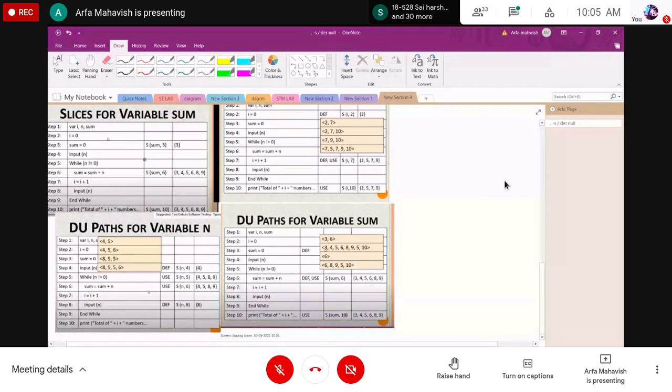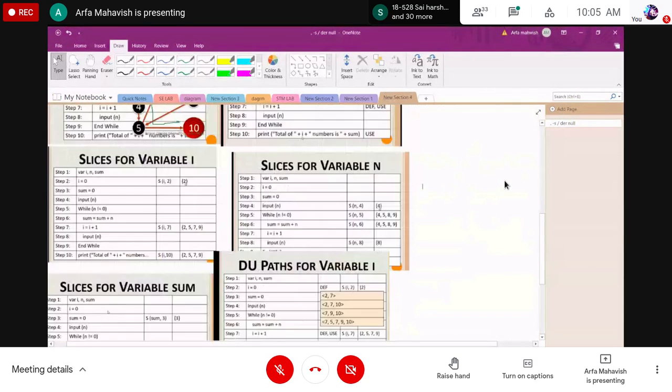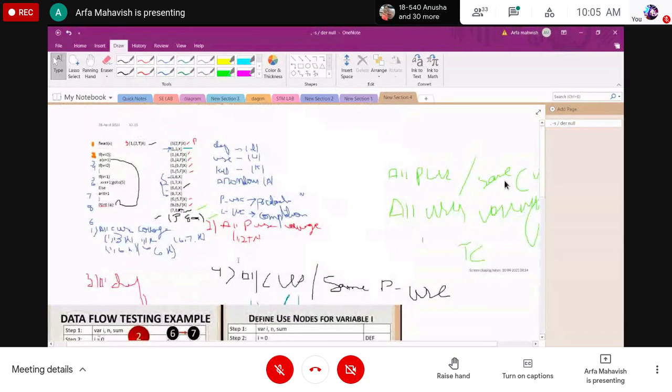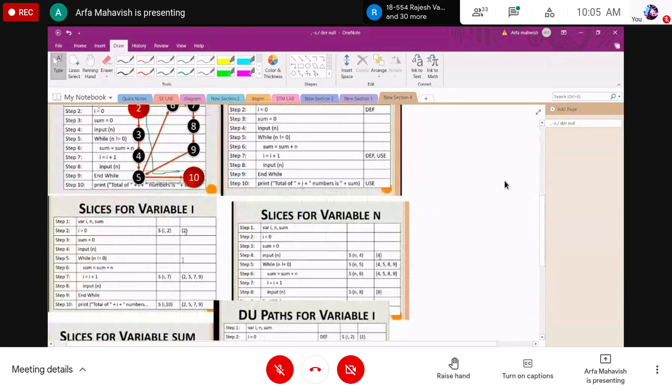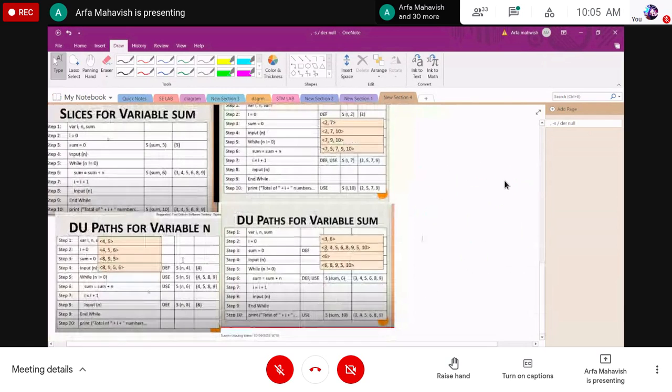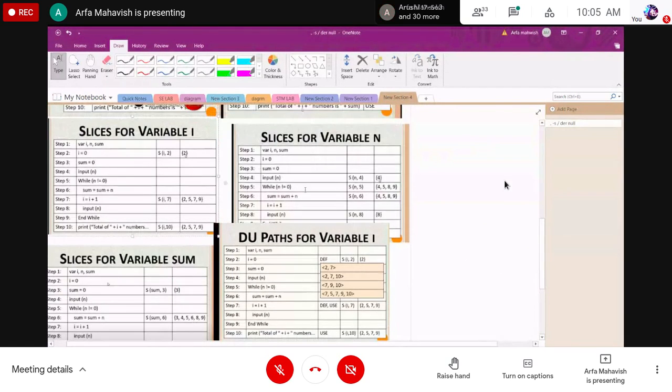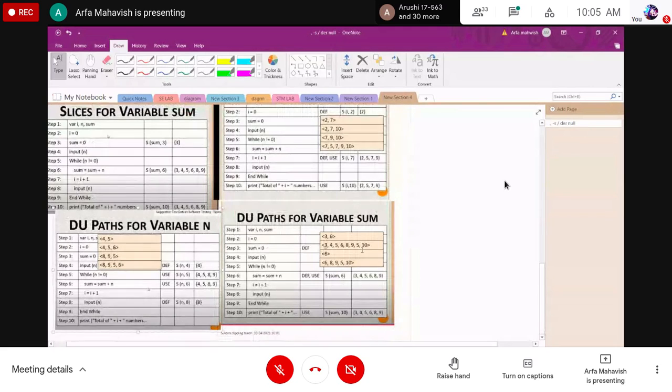Just now I told you about all the values, like the 6 coverage cases: all P-uses, C-uses. The same we are using here as DU paths, a define-use way, for the variable i, the variable n and the variable sum.